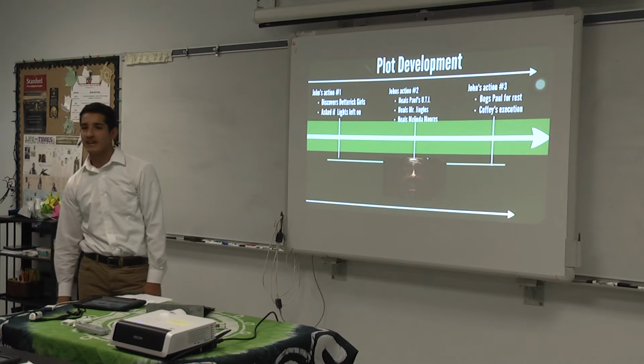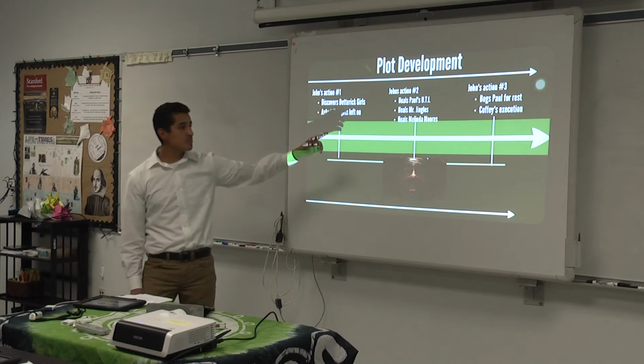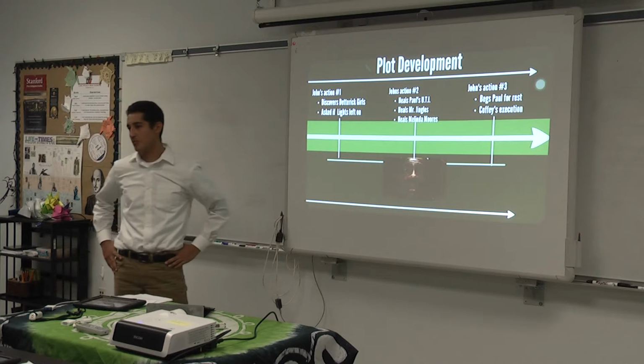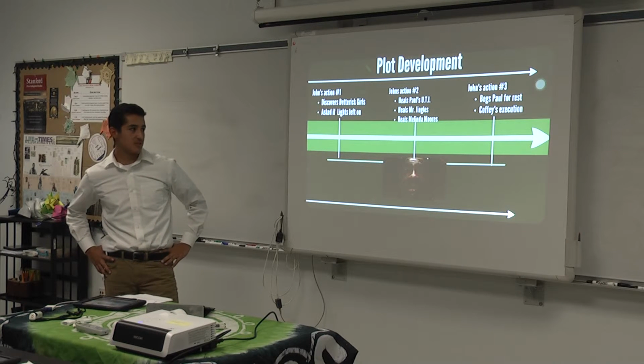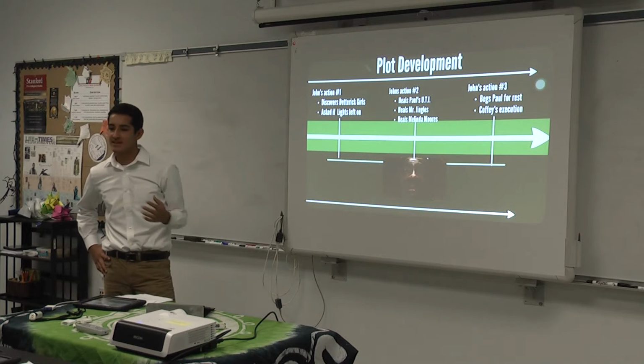He asks if they leave the light on, which again refers to his fear of the darkness of being unknown. He heals Paul's urinary tract infection, he heals Mr. Jingles, and he heals Melinda Moores, who was going through the terminal illness of brain cancer. Later on, he begs Paul for rest, which shows that due to John's longevity, he can't end his own life,